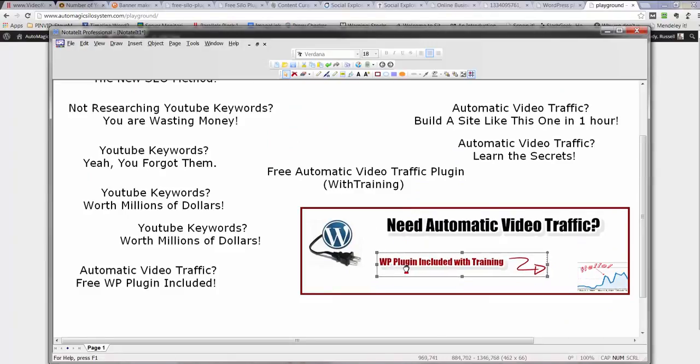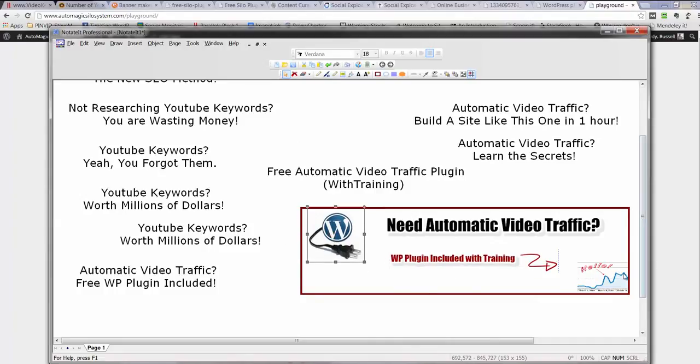Probably what we're going to want to do here is, instead of putting our little afterthought image of the traffic spike, which seems to do well when I use them, that's why I throw it in. This might be too much junk on one page, but you don't know until you test it. What I'm doing is stacking them on top of each other. It looks pretty ghetto, but it will probably work actually. And then what we can put here is a,